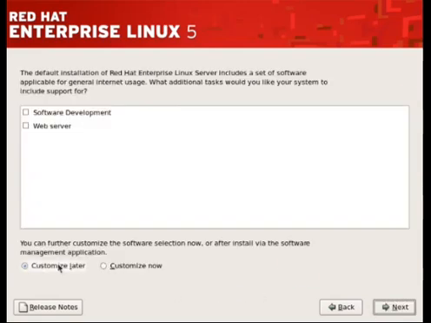Then it will ask whether you want to install software development and web server, so you can customize it later.